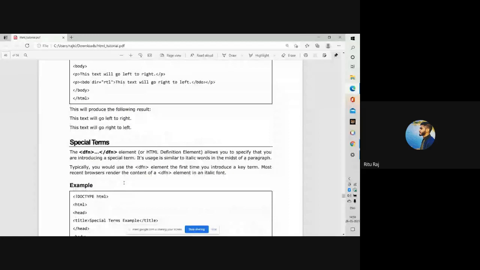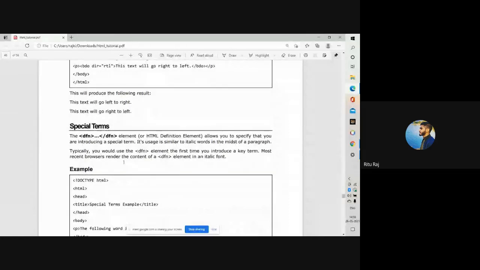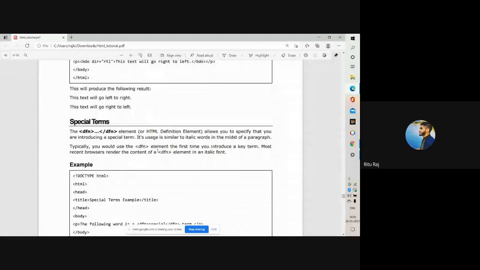Now some special terms. The HTML definition element, the DFN element, allows you to specify that you are introducing a special term. It is used similarly to an italic word in the midst of a paragraph.